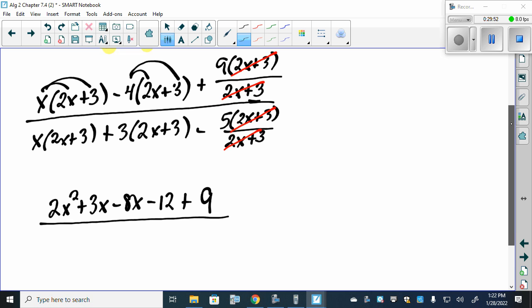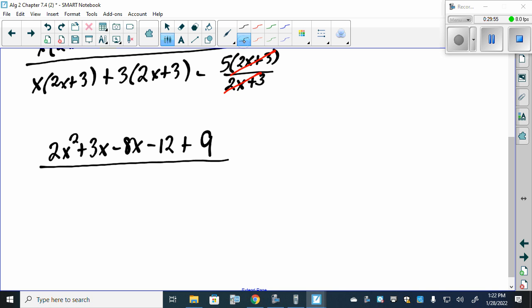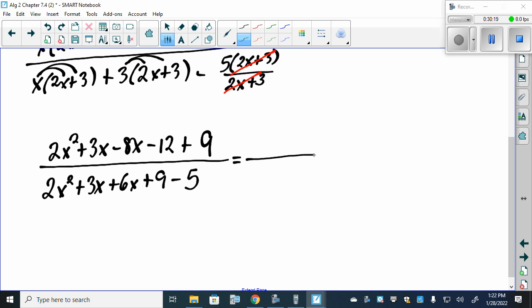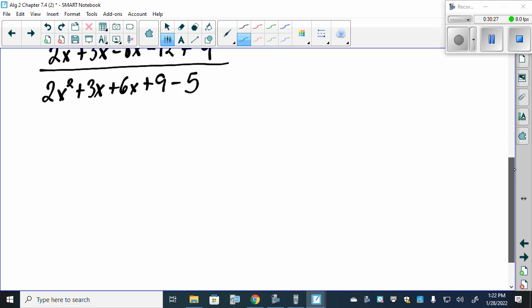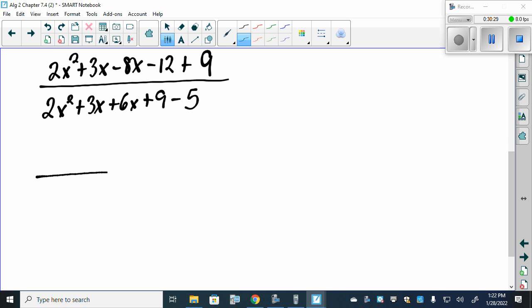Over, well, exactly. So we'll distribute the x, which would give us 2x squared plus 3x. Now this time we're distributing a positive 3, plus 6x plus 9 minus 5. Well, at this point here, we can combine like terms, which would give us